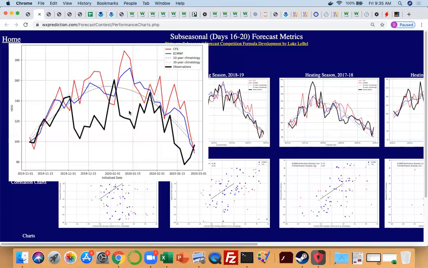They just completely missed on those 2 warm periods. Maybe someone has an idea as to why they might have missed those 2 warm periods. I mean, it's 3 months ago now, so I don't know if anyone has any ideas on that, but